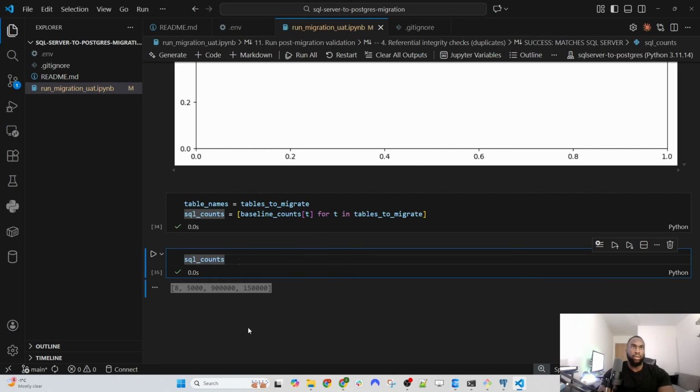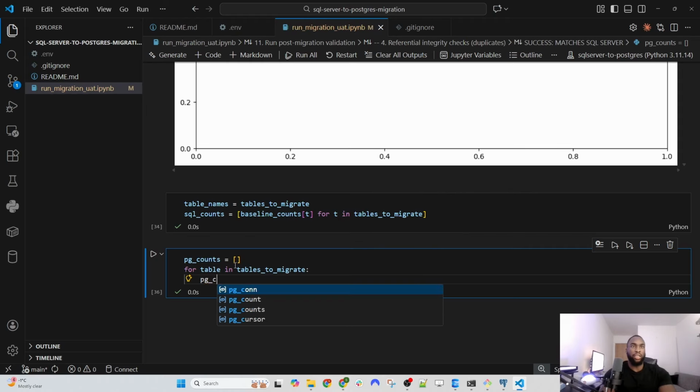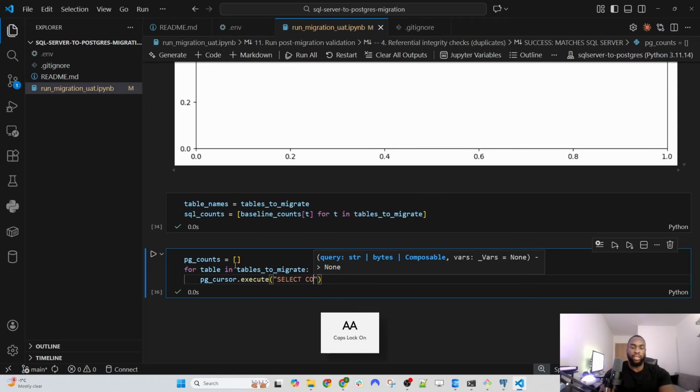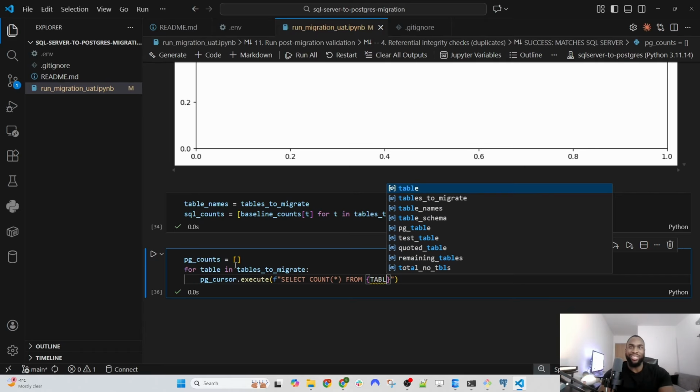Okay, good. Now we're going to get the Postgres counts too. For this one, this is going to be interesting. We're going to do pg counts, an empty list, and we're going to say for table in tables to migrate, we're going to do pg cursor execute, and we're going to do select count star from. Always remember to add the f in once I bring in the curly brackets. So table,